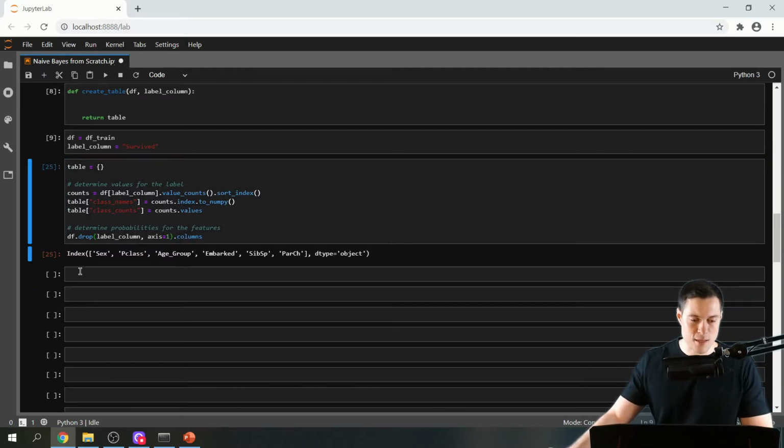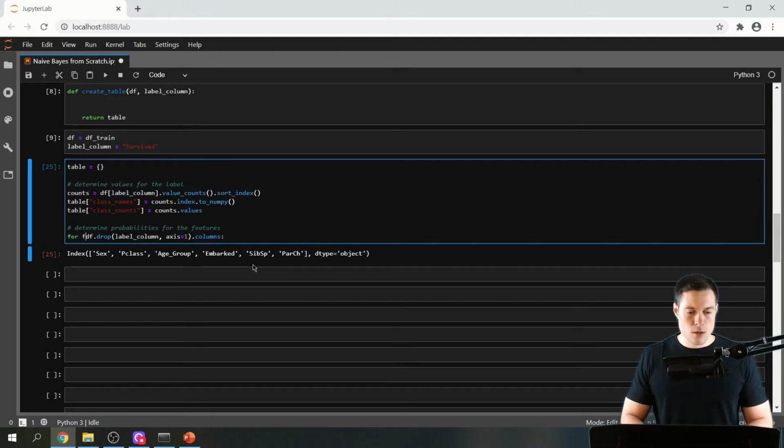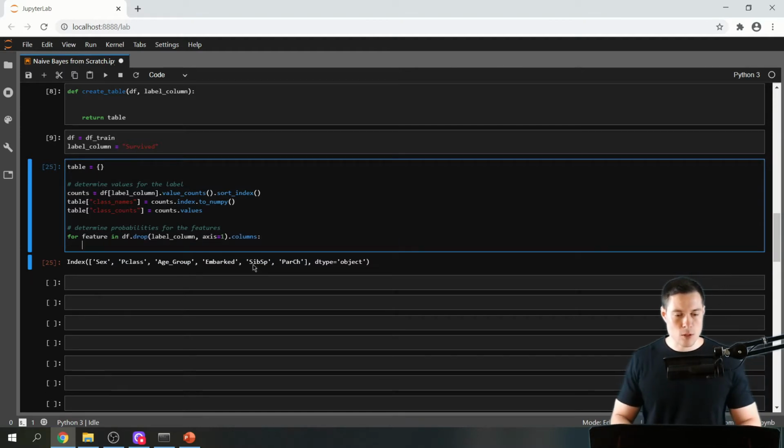So if you run this like that, then we don't have the survived column anymore. Now we can loop over this list-like object here. So we're going to say for feature in df.columns, and now so that we don't have to